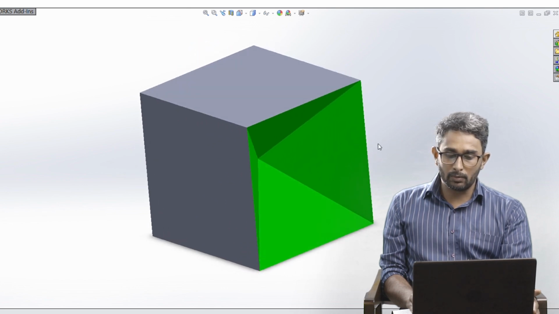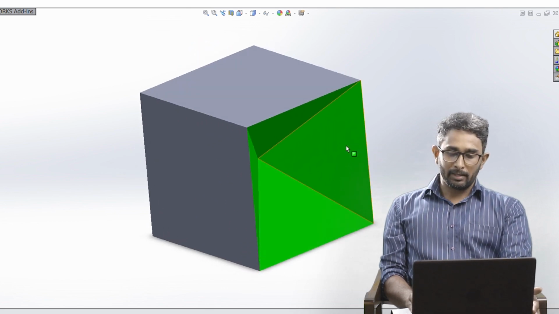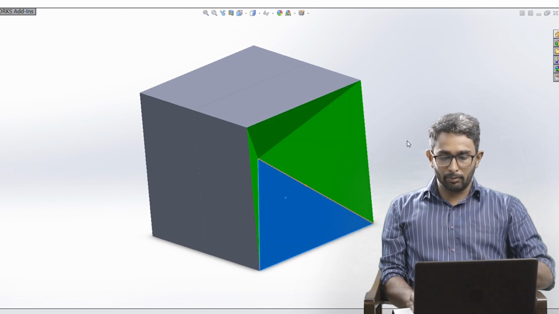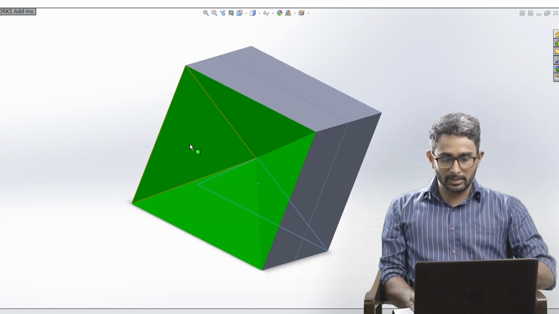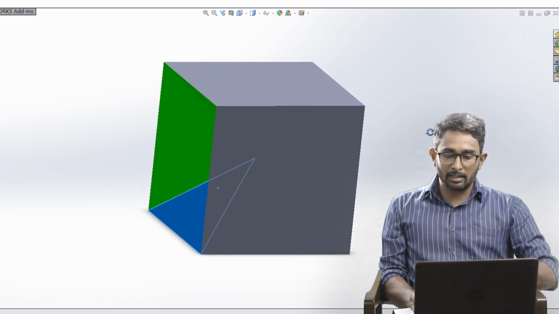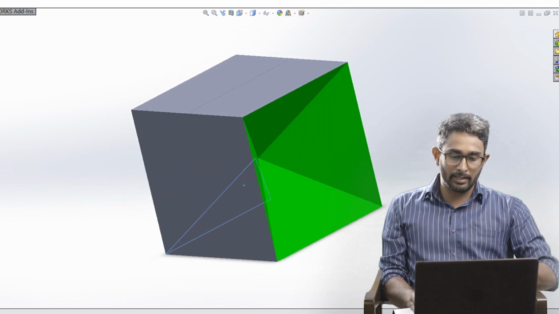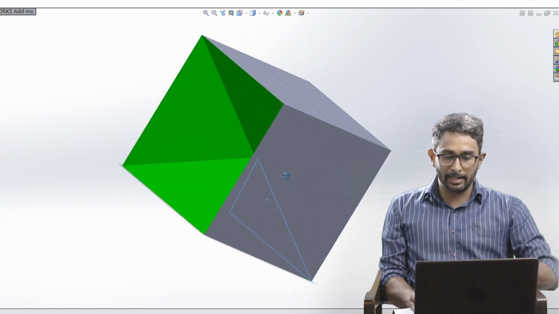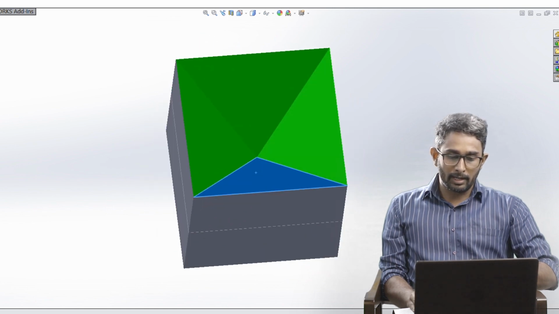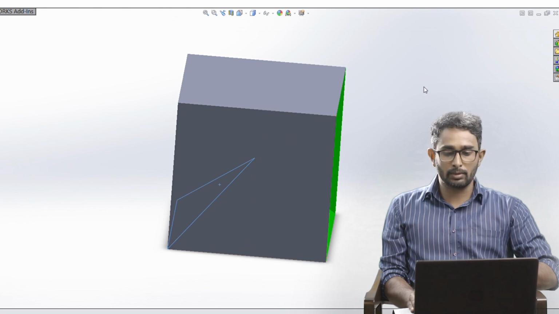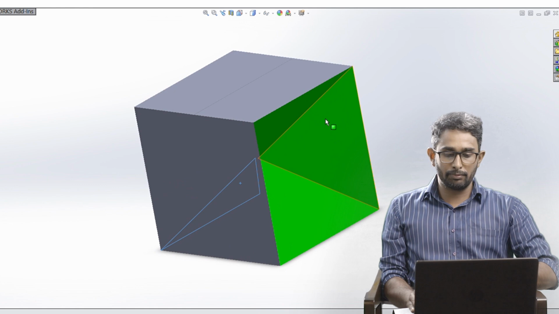So if we count the total number of surfaces in this one, we can start from here. 1, 2, 3, 4, and again from the opposite side 1, 2, 3 and 4. So these are the 4 plus 4, 8 surfaces we will be getting, and the top surface, side surface, bottom surface and the back surface. So 4, 4 and another 4 surfaces. So there are totally 12 surfaces obtained if we remove the square pyramid from the opposite sides.